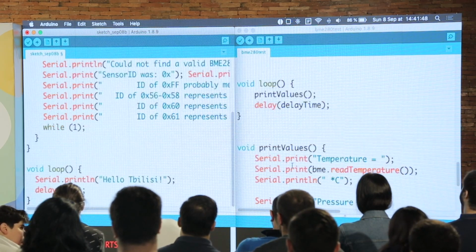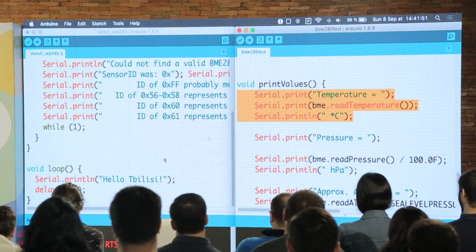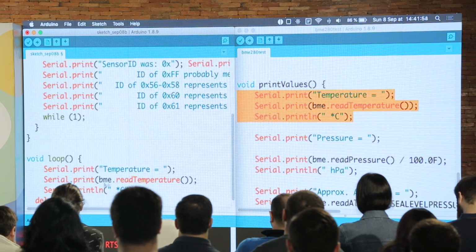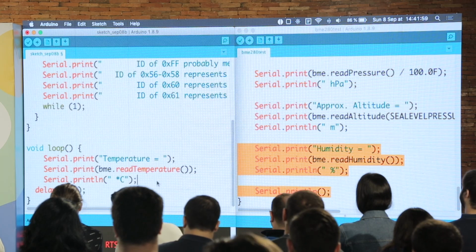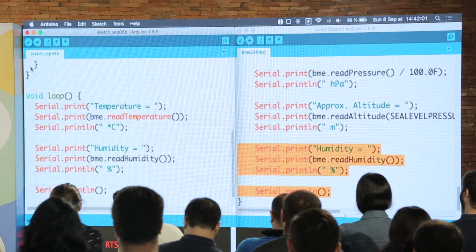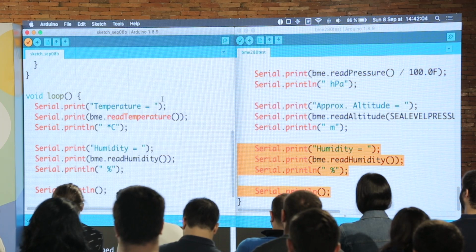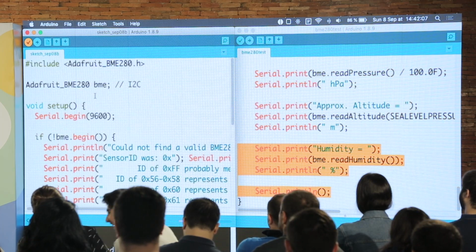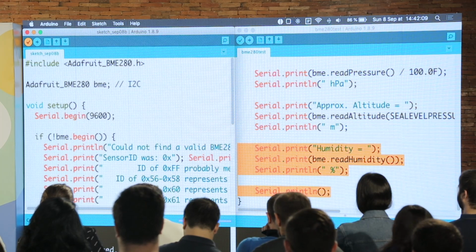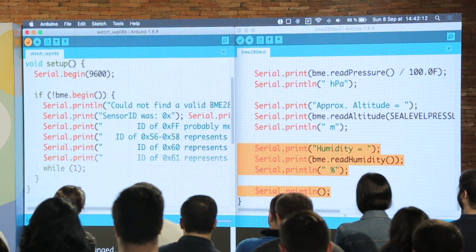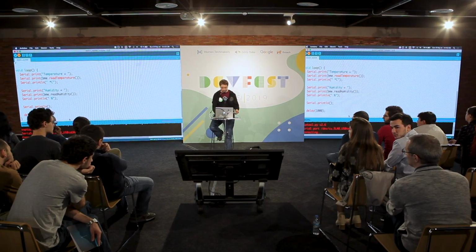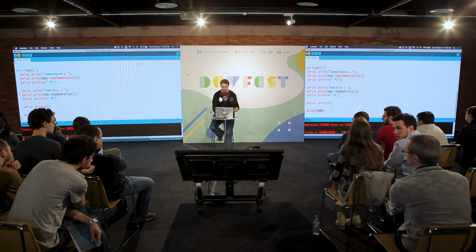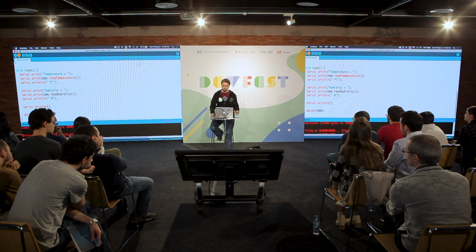And then in the loop method, we have a method to get the temperature, which is bme.readTemperature, and we will also get the humidity. And all that once every second. So we will try to save it and to import it. So once again, to access different peripherals, it's usually easy. It's just one line to set it up, and then some lines in your loop method to access it. So here it's connecting to the board, and it starts flashing the code to the microcontroller platform.